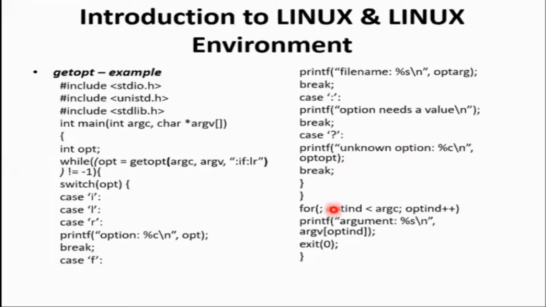Then after that, I'm creating a loop. Here the loop is repeated for the number of times that is equal to the argument count. That means if I have 4 arguments, then the loop is repeated 4 times. If the argument vector contains 3 arguments, then it is going to repeat 3 times. Likewise, based on the argument count value, the loop will run, and it is going to print the arguments that are available in the command line.